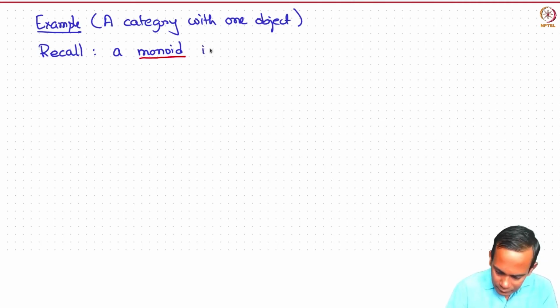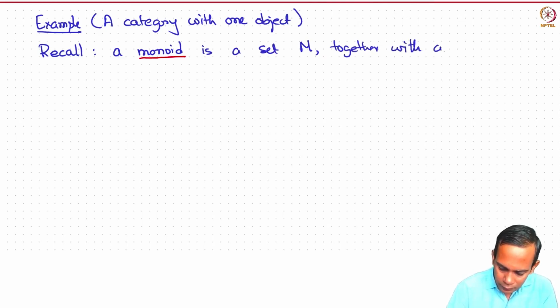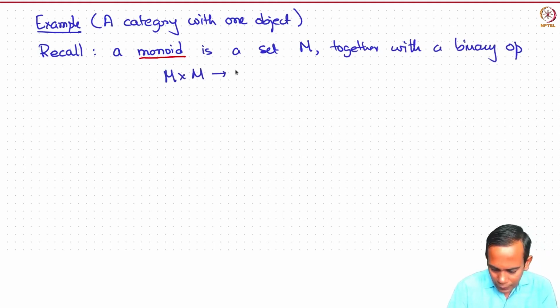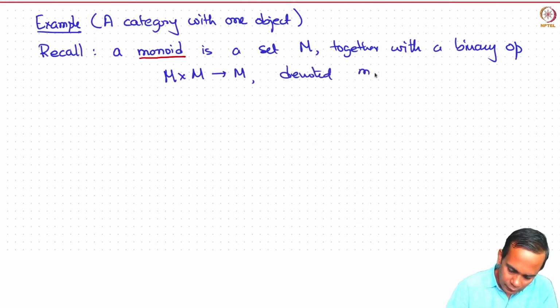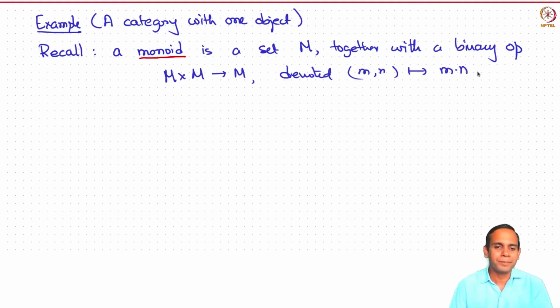It's a set M together with a binary operation M cross M to M, usually denoted (m, n) goes to m dot n or just mn,